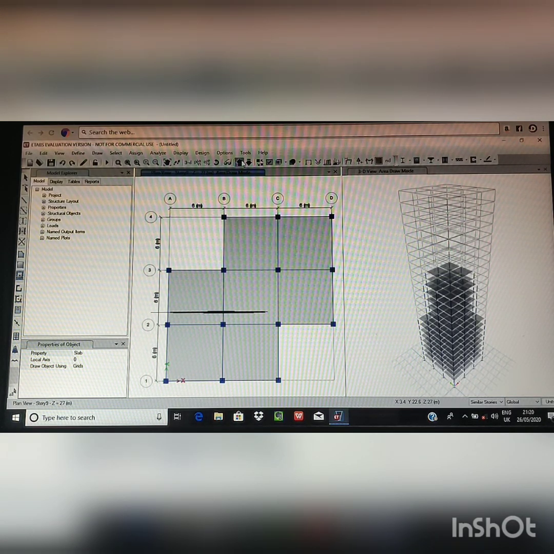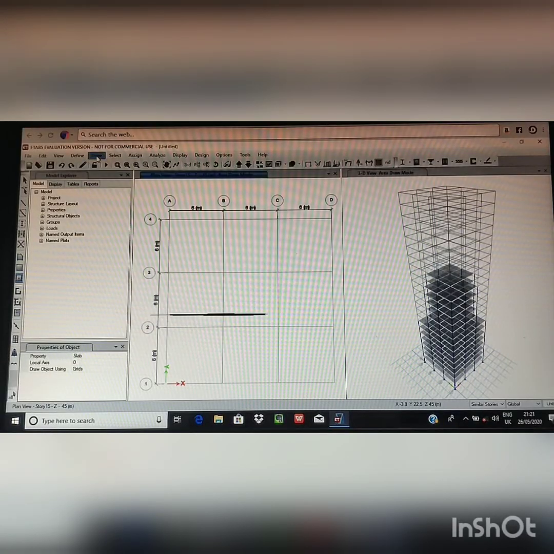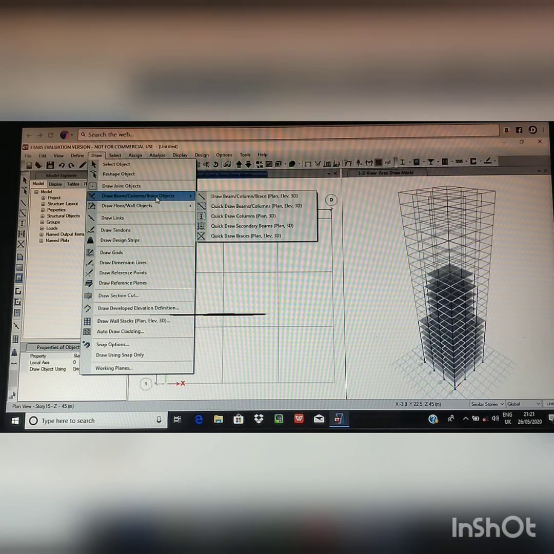Now go to story 15. Draw column and beams.